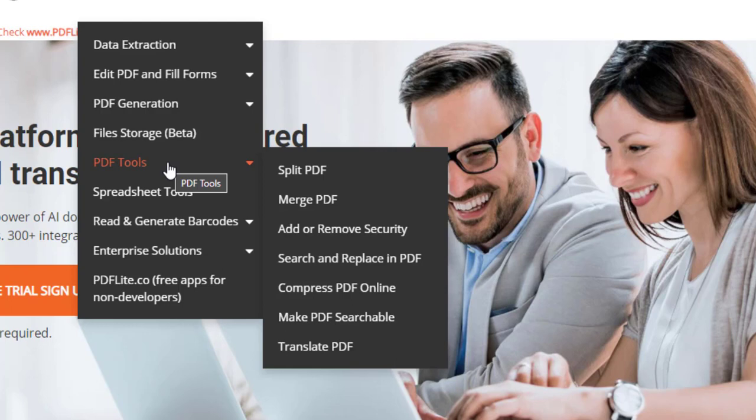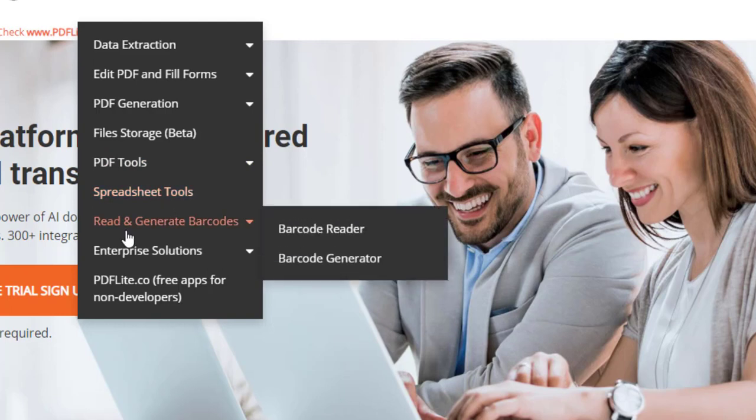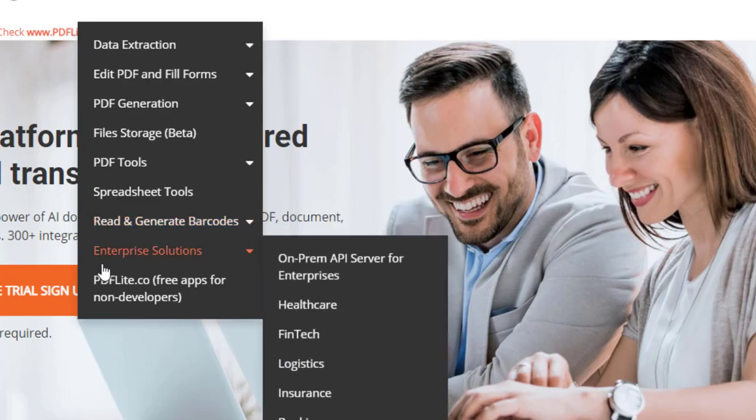If you want to search or replace data inside the PDF, if you want to compress PDF or from any scanned PDF, if you want to make it searchable, or if you want to translate any PDF, it provides all kind of tools. It also provides spreadsheet related tools and also barcode related tools. For example, if you want to read or create a barcode, it provides all the REST endpoints for that.